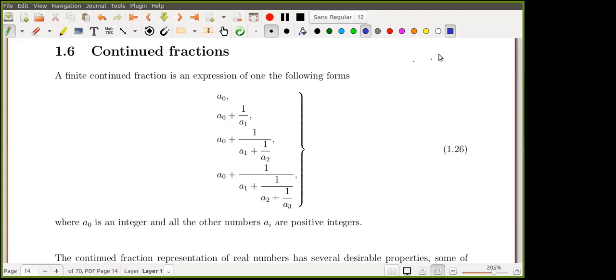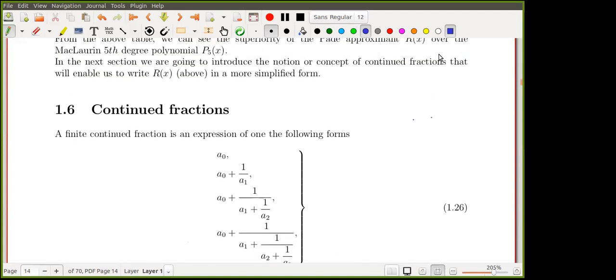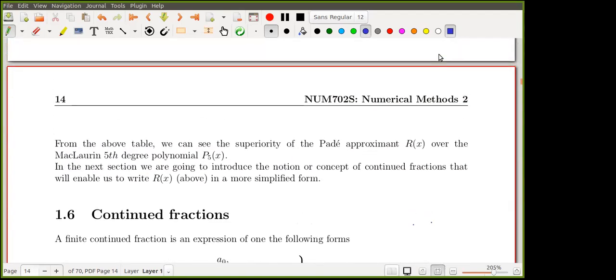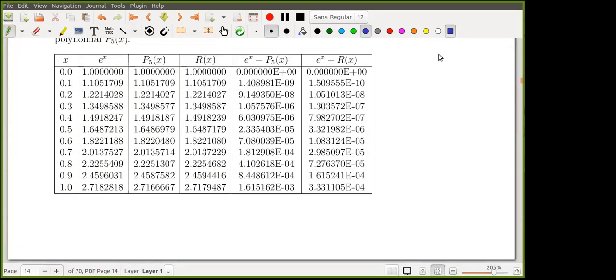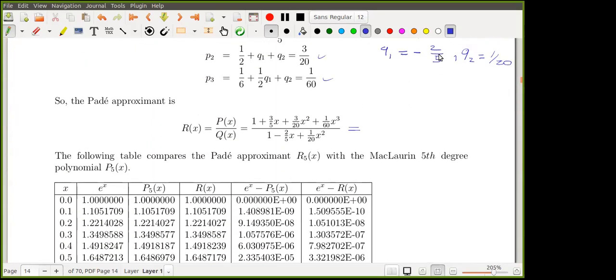Continued fraction. First of all, before we introduce continued fractions, I would like to motivate why we are studying them. If you recall, the last time we computed the Padé approximation of the exponential function